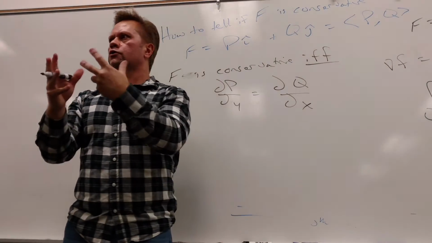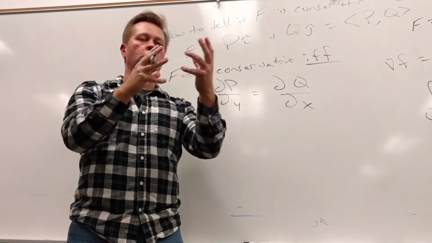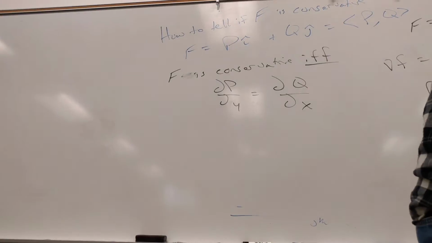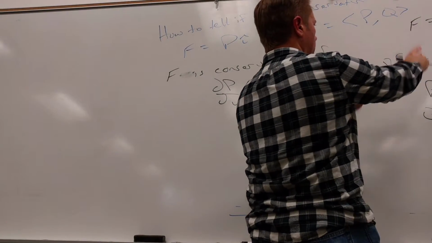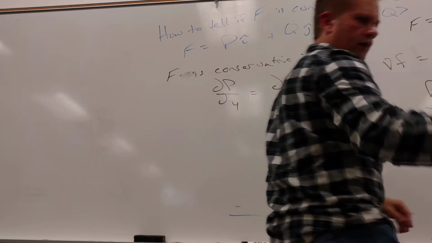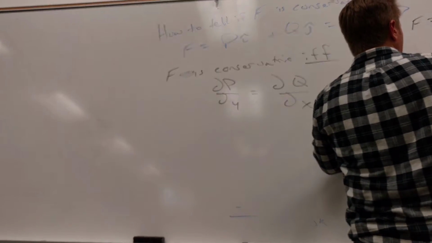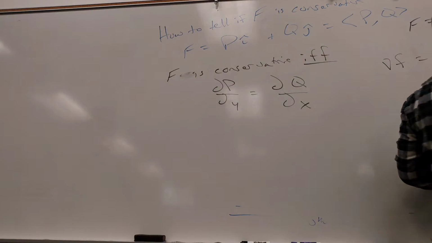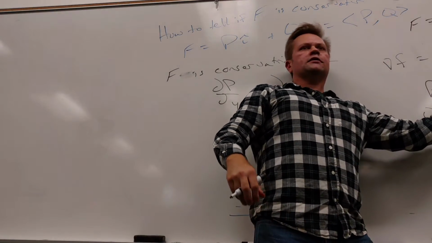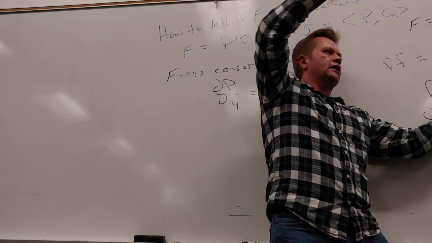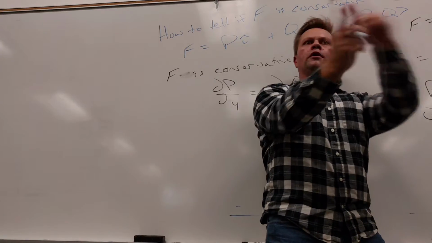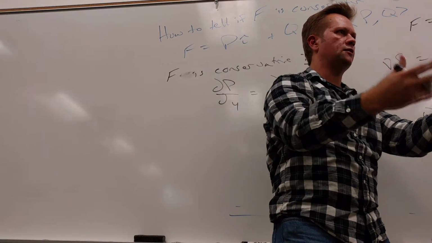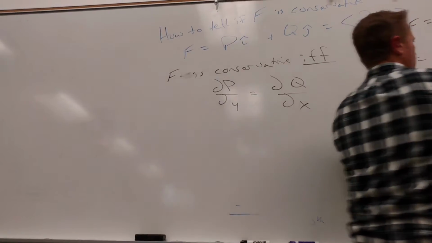And guess who we're going to use next? We're going to talk about Clairaut. He's the guy that said the second partials are going to be the same. If I take the partial of this with respect to y, that would be d squared f dx dy. And then this will be the other way around, but Clairaut says that those have to be equal if you have a nice function. Our whole theorem is talking about that function having to be differentiable. So that has to be true.